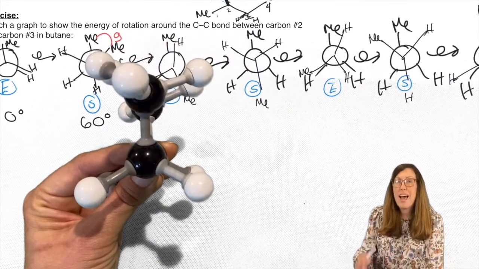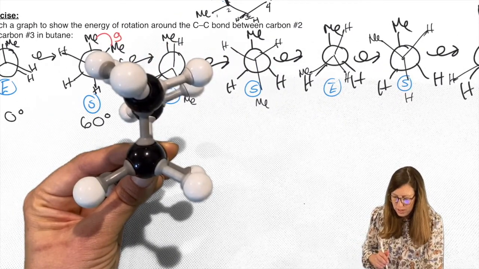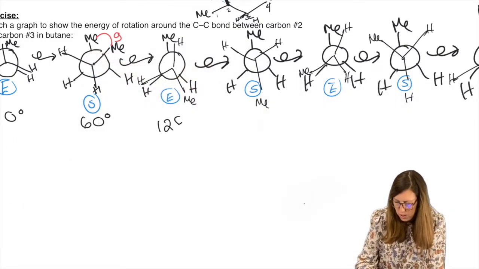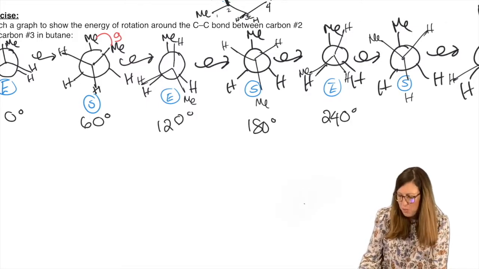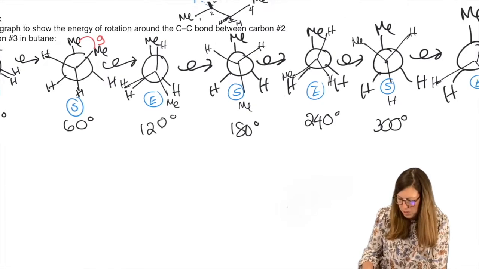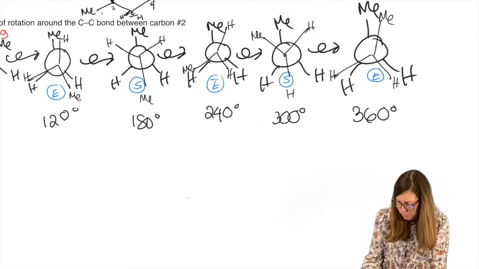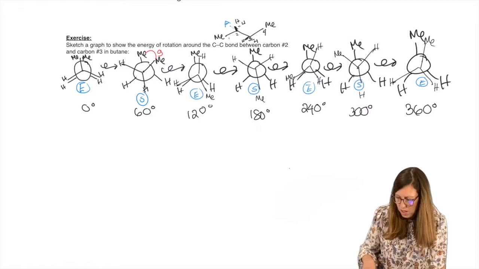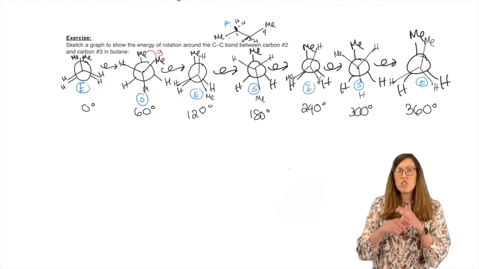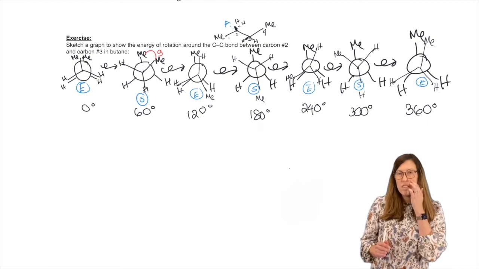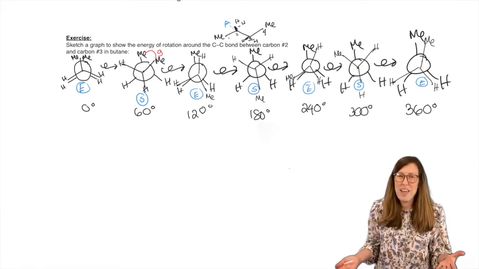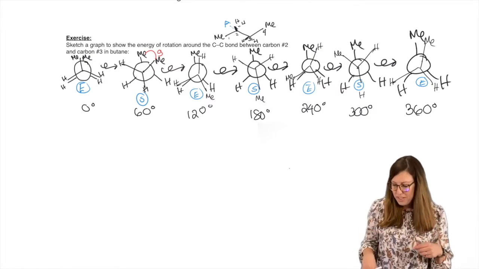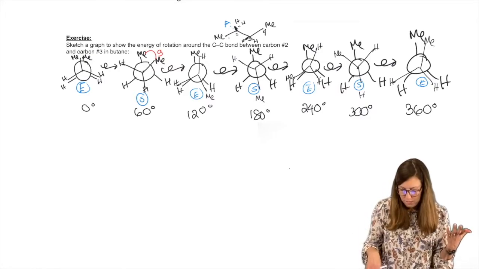Let's label how much we rotate, what those methyls are related to each other. 60, 120. Then we went to 180. Plus 60 degrees is 240. Plus 60 degrees is 300. Plus 60 degrees is 360. This is everything possible. That's full circle. Some of these are the same. You might say, wait a minute, I know 0 and 360 are the same. And that's okay, they really are. We're just doing this for completeness for the sake of doing it on the plot.